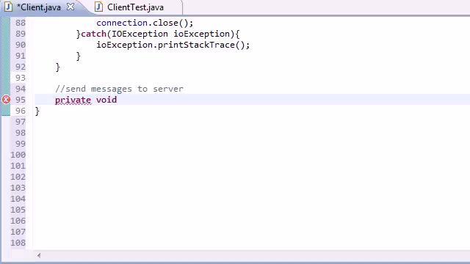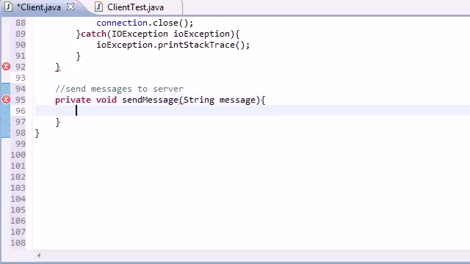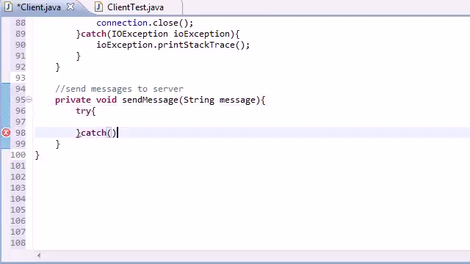So, private void sendMessage, and of course it's a string that gets passed in, and we'll just go ahead and treat it as message. Now what we want to do is of course put it in a try catch statement, and hopefully this catch never runs. So IOException,